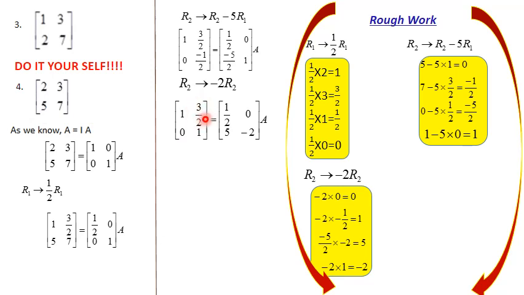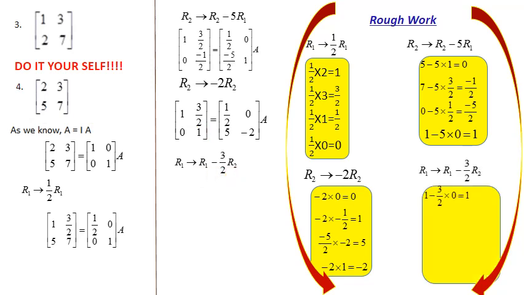Now we have to come to this number and change it to 0. The operation is you have to subtract 3 by 2 from here. That is the only option. 3 by 2 minus 3 by 2 is 0. Simple. Here 1 is there, just multiply with 3 by 2 and subtract it from here. So R1, that is 3 by 2 minus 3 by 2 into R2. 3 by 2 into 1 is 3 by 2. So that is the operation here.